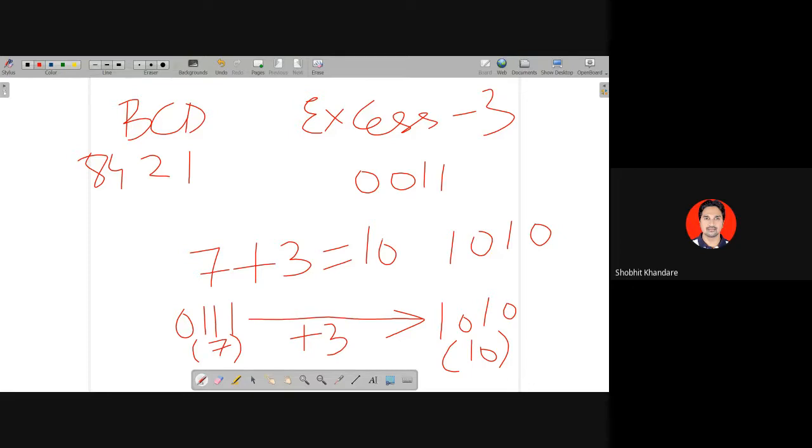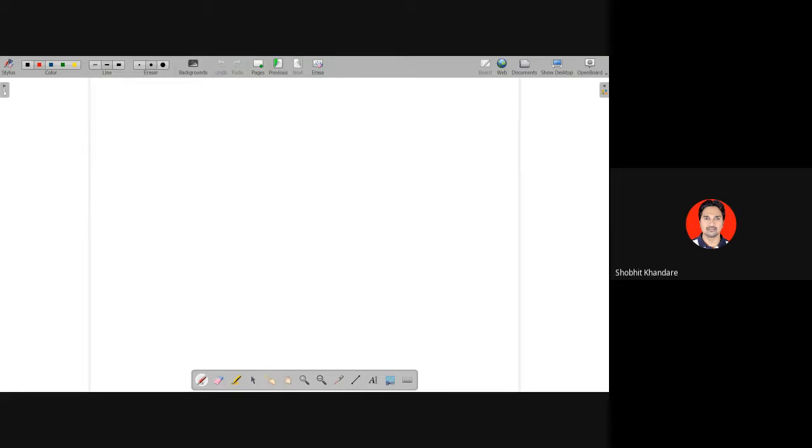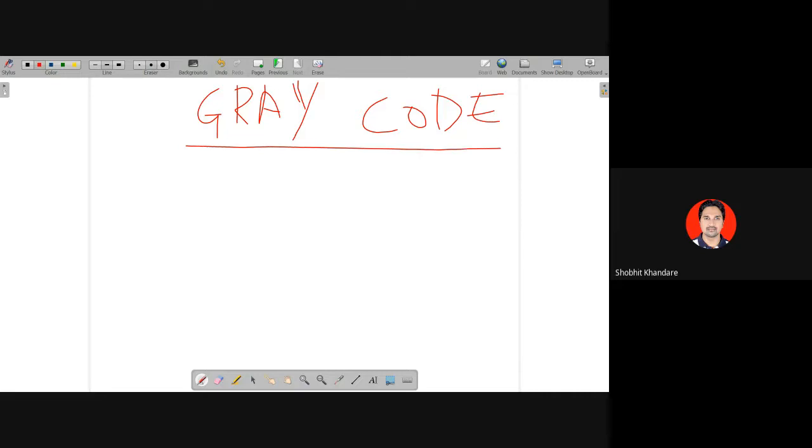So today we'll be talking about the remaining codes. We will go to the next code now, and that is your gray code. We will talk about what a gray code is. Please see the spelling. Students also have problems with the spelling. It is not GREY, it is GRAY. So it is a gray code. Questions are mostly asked on this gray code. And the question asked is: how do you convert your gray code into binary code and vice versa? So for that we should understand what a gray code is.